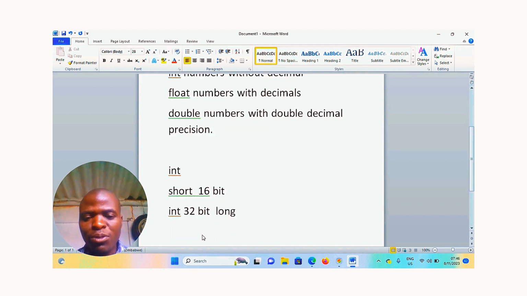If you want to work with large numbers that do not have decimals, then you use long int.